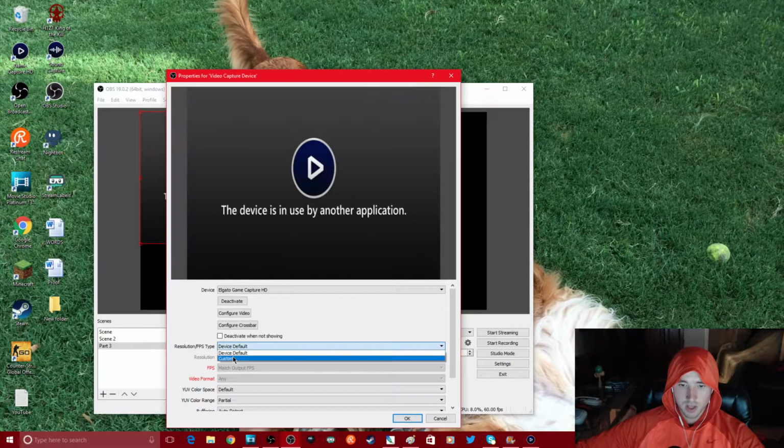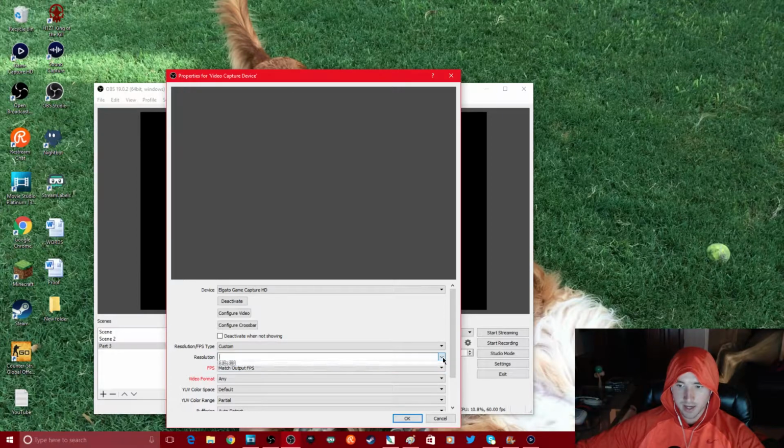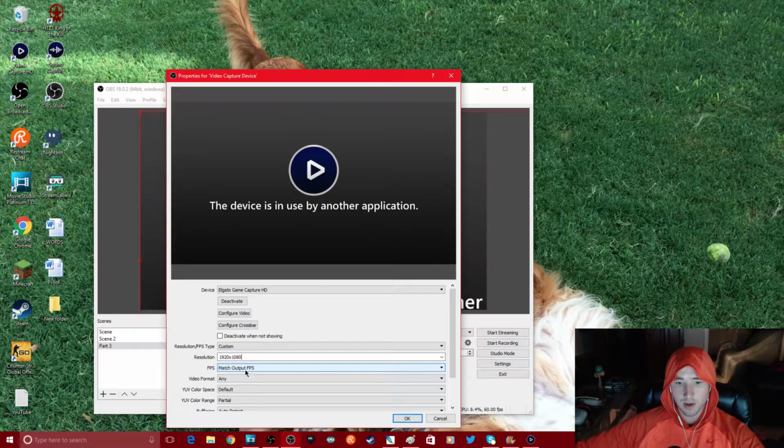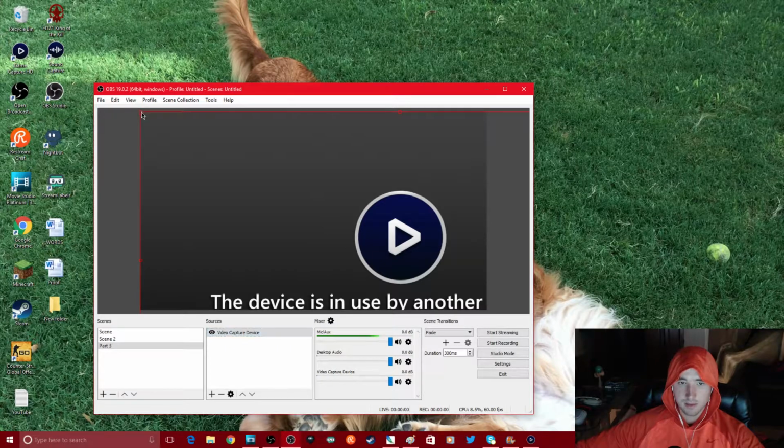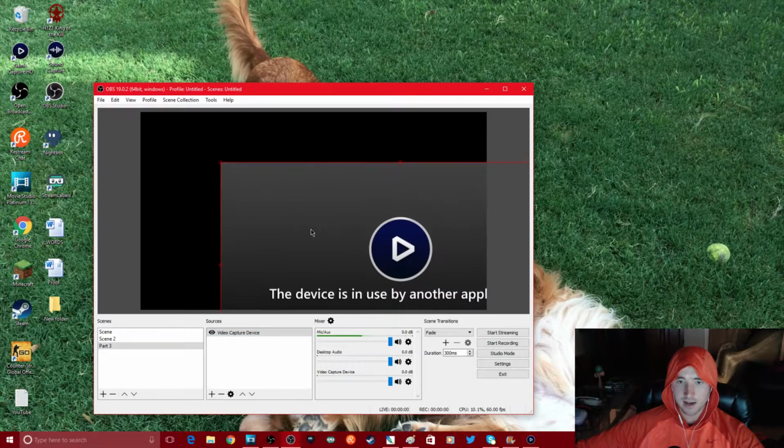If you want to set a custom resolution, which I do, I set mine to 1920 by 1080, and then match the output FPS, and for me it is 60 FPS. So I'm going to click OK now. You can mess with some of these other settings down at the bottom if you want to. However, I don't mess with any of them. I leave them all at their default values. Now I'm going to click OK, and just like that, my capture card has now been added